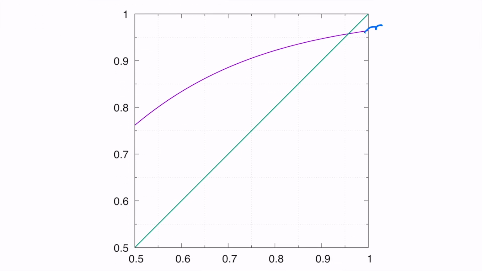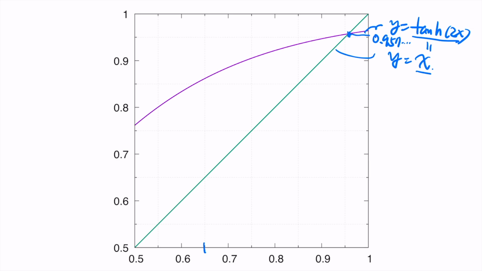So this purple line is y equals hyperbolic tangent of 2x. By the way, this green line is y equals x. So at the fixed point, this is equal to this. So that's here, and the value of this is 0.957 and so on. A contraction mapping means that if you pick any 2 points on the x-axis, for example like this,